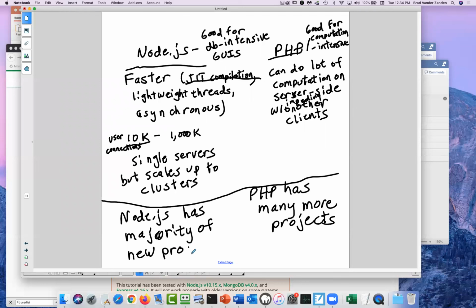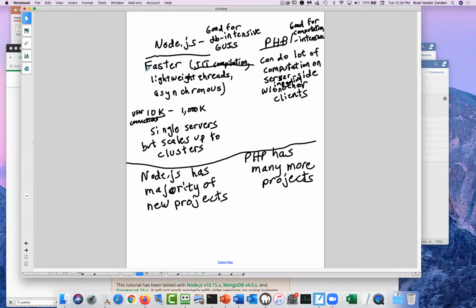It appears that the number of projects implemented in PHP outnumber Node.js by a significant number. I think perhaps even more than 10 to 1. But Node.js is catching up because it seems that more of the recent projects are being implemented in Node.js, and there's a very active development community for Node.js.